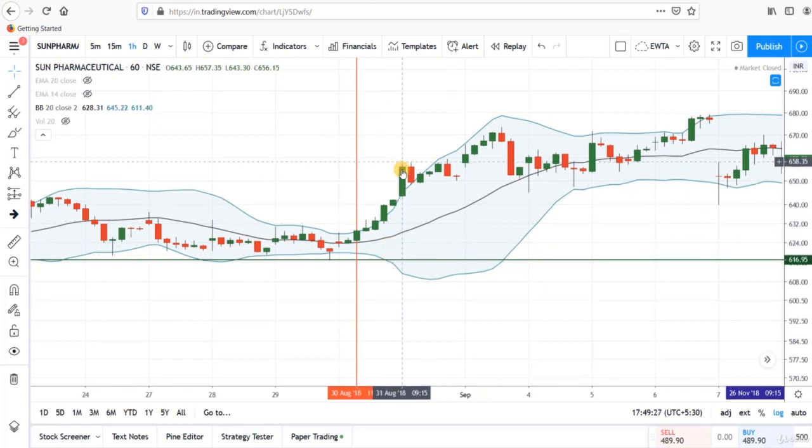Now see this candle. This candle is totally outside the Bollinger Band. See the length of this candle. Only the low of this candle is touching the upper Bollinger Band and the whole body is trading outside the Bollinger Band. It is a signal of pullback in the prices. So you can see there is a pullback in the prices. There is a red candle and prices are again entering in the range of Bollinger Band. So when we get a candle totally outside the Bollinger Band, that is a signal of pullback in the prices.